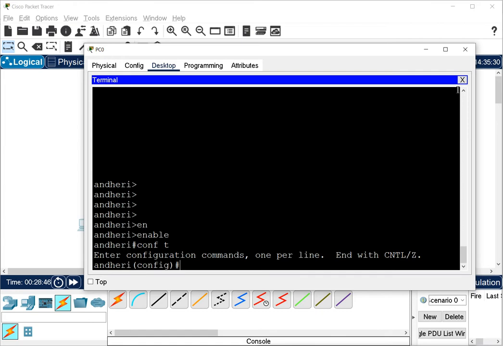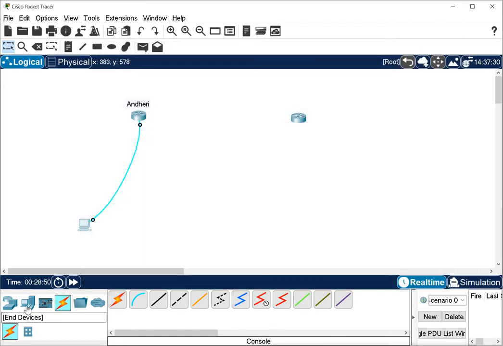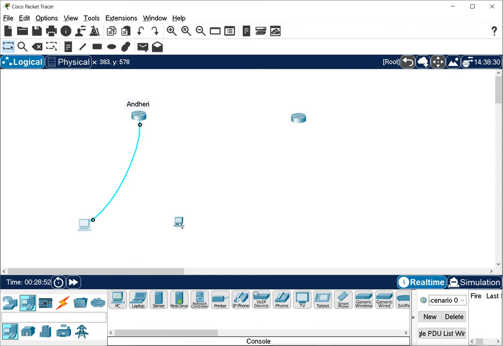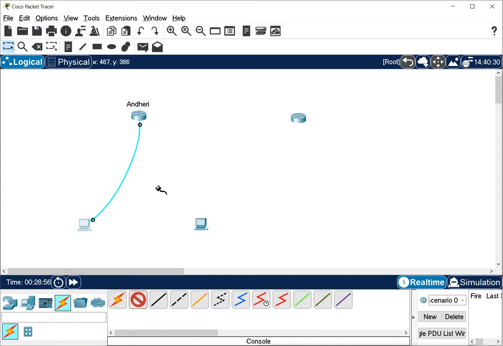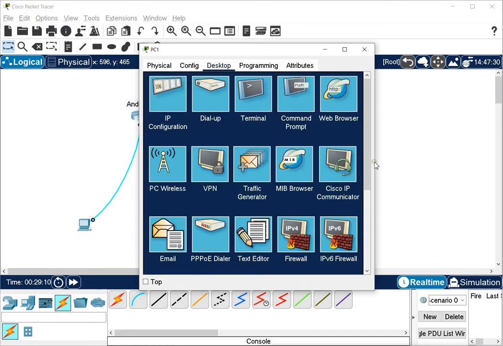Now same way we can use the auxiliary port also. I will use one more machine here, and I will connect this machine using the console port, but I will connect it through the auxiliary port. So I select this auxiliary port here, and then I will connect it to the serial port of our PC. Now I will go to this PC. Remember, here from this PC I am connecting through the auxiliary port.